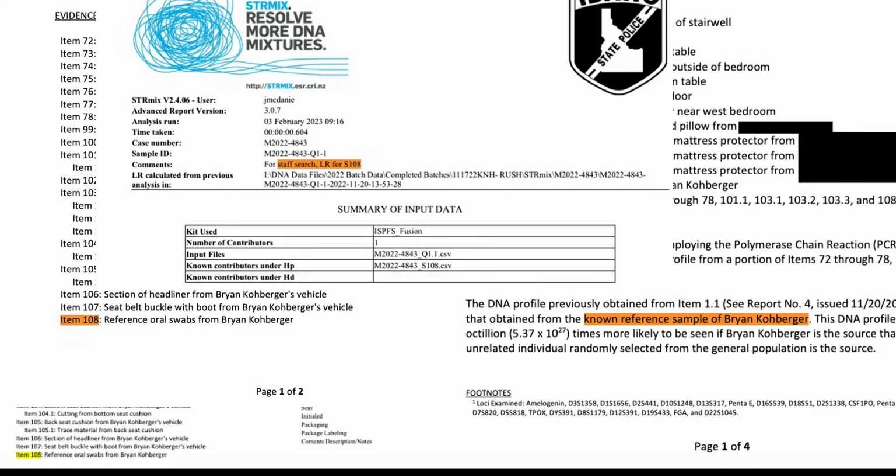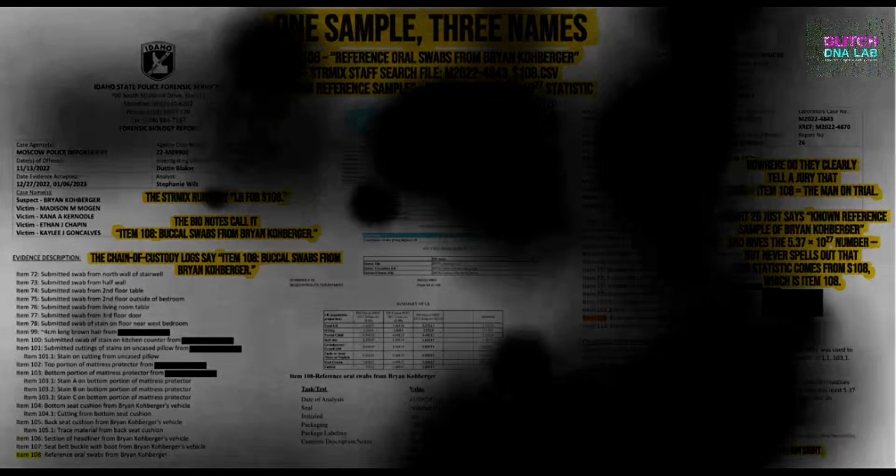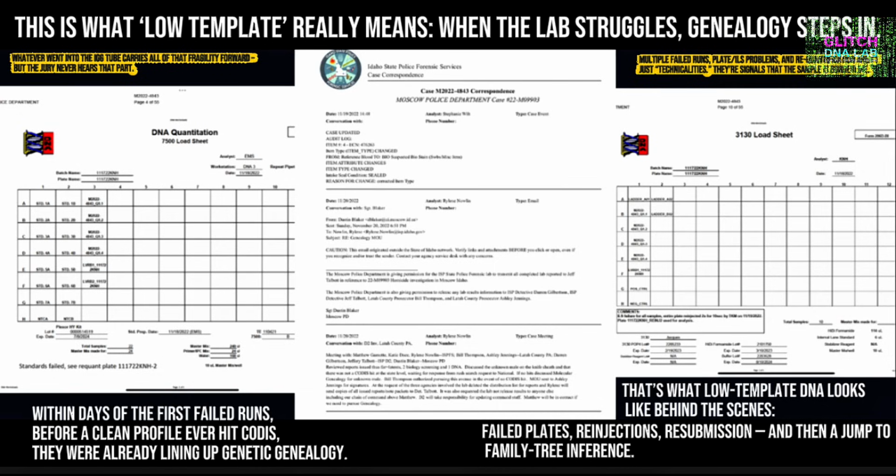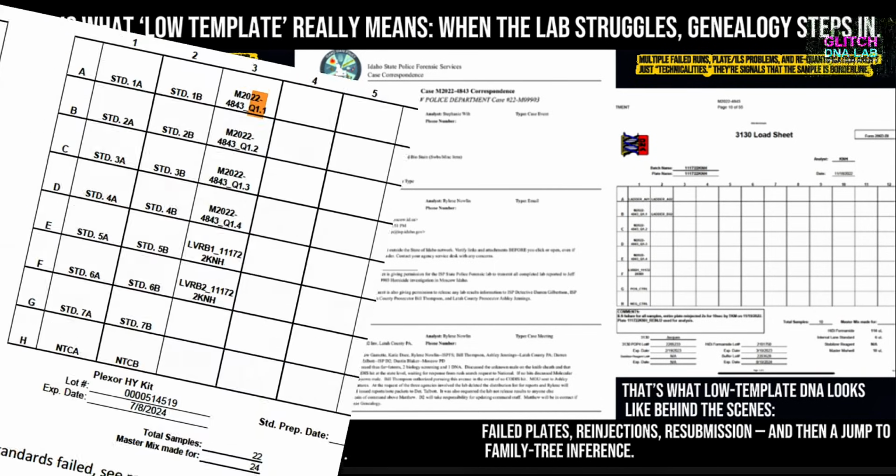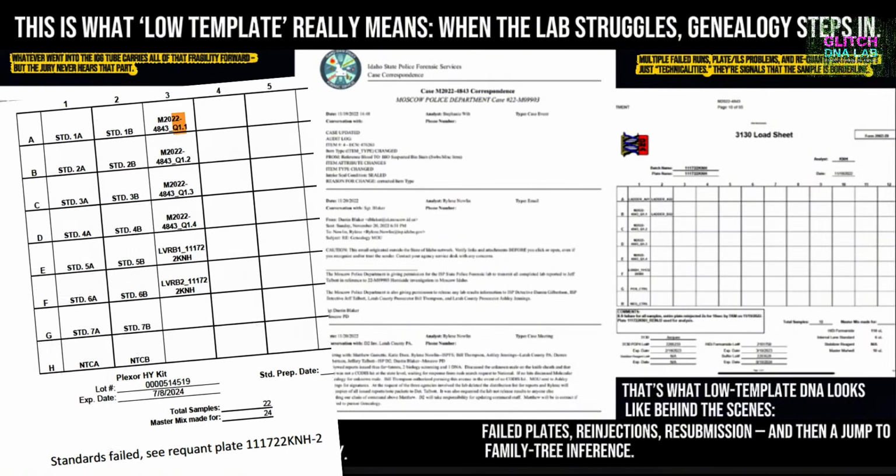In a case with irreversible stakes, you don't get to skip the mapping. Because without that crosswalk, the fact finder is being asked to accept a huge number without being shown the identity chain of its inputs, the one thing that makes the number meaningful. There's another layer the public almost never hears about: how shaky the underlying data is.